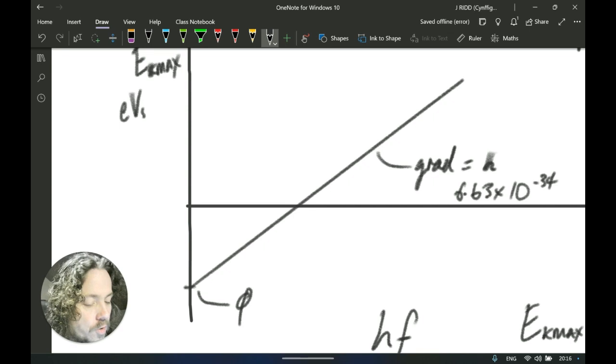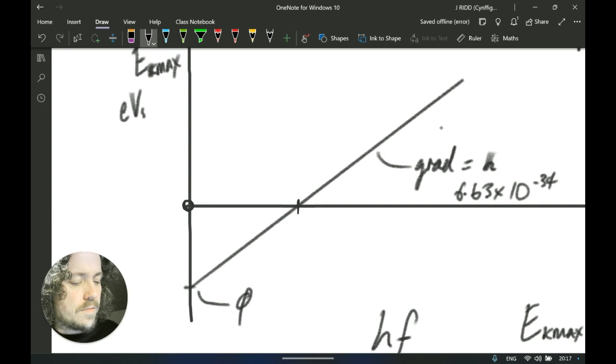And here is an interesting part. Here we have this interesting intersection. So what is the significance of this point on the graph, I hear you ask? I'm glad you asked because I'm going to tell you. At this point here, it would be fair to say that the photoelectrons have 0 energy.